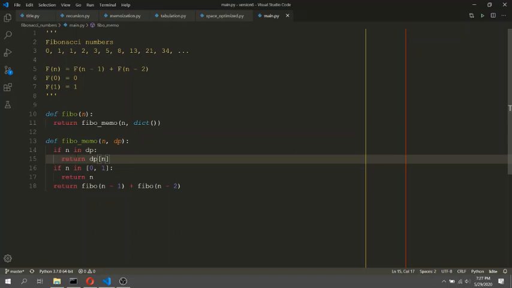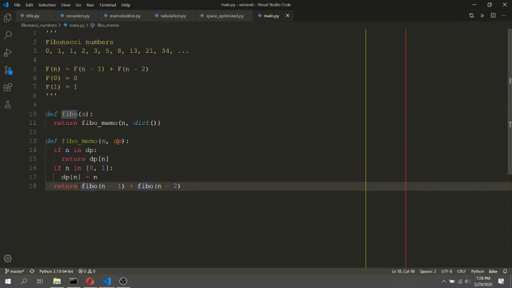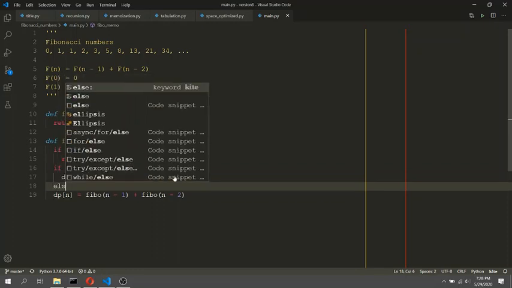So what if this condition becomes false? In this case, it will proceed to calculate like normal. So it will check for the base cases, and instead of returning, it will store this result in the dp of n. That is, for input n, the answer is n. Similarly, for this step, it can be converted as dp of n is equal to this. And the only change that we need to do here, that is, we are not returning anything in the if condition, hence we need to apply an else condition over here.